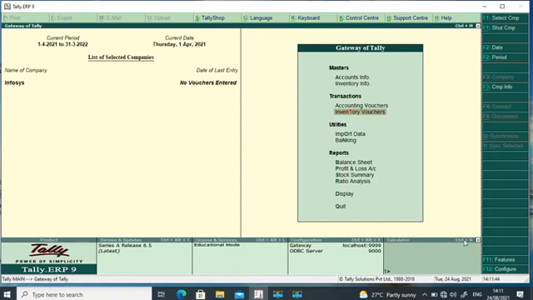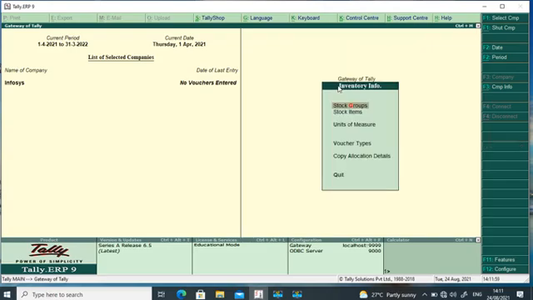In our Tally we can look at this window. This is the gateway of Tally. In Masters options we have one more option called inventory info. If you click on this inventory info, we will get several terms related to inventory information.